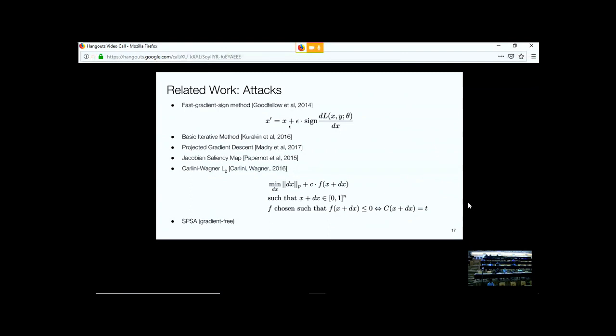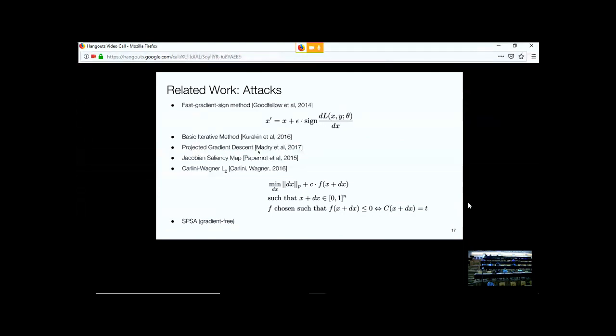So the idea is we just take X, we take our loss function L, we take a derivative with respect to the input X, then we take the sign of this derivative, and then we add epsilon, where epsilon is a small parameter, and we add this noise pattern that we find to X. And in the years after, people have come up with iterative versions of this by Alexey Kurakin in 2016,